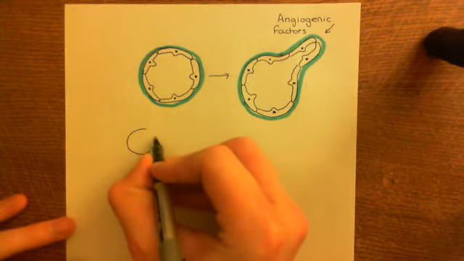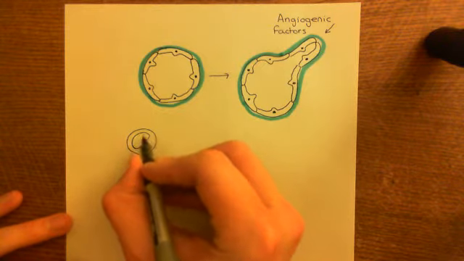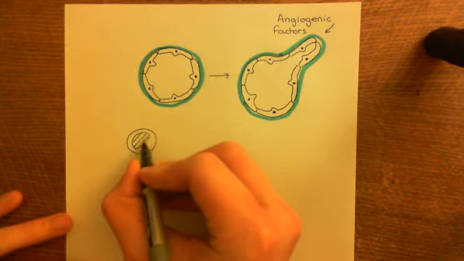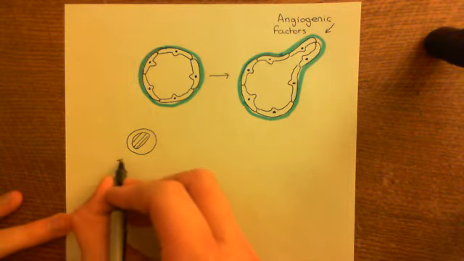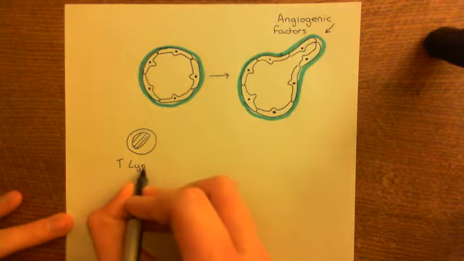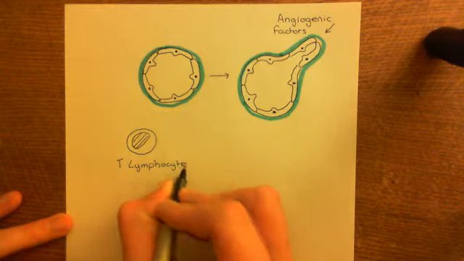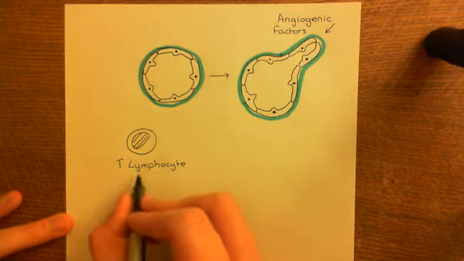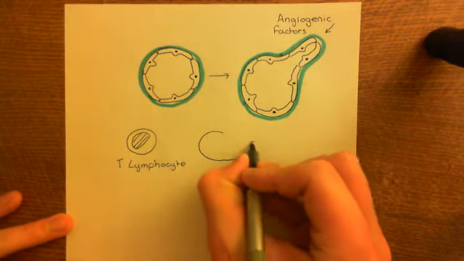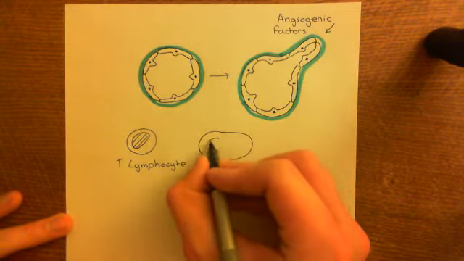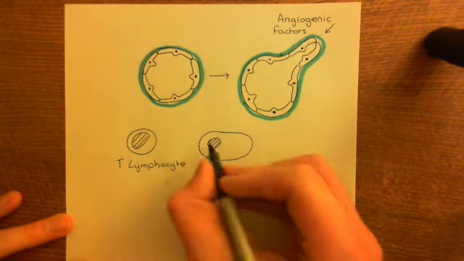So here is our T lymphocyte, whether it's a cytotoxic T lymphocyte or a T helper 1 cell or a T helper 2 cell. Here it is, and they have this very characteristic, very large nucleus. So this is a T lymphocyte, and that's just a long name for a T cell. They're called lymphocytes because they're within the lymph nodes. And then we'll have our macrophage here. So these two types of cell basically start releasing angiogenic factors, and there are many of these angiogenic factors that are known, but the two main ones that we're going to look at are known as vascular